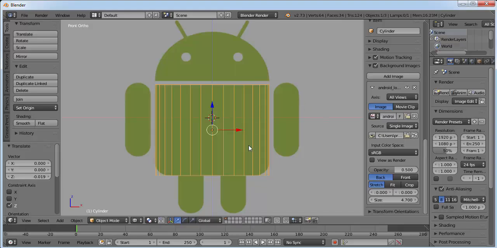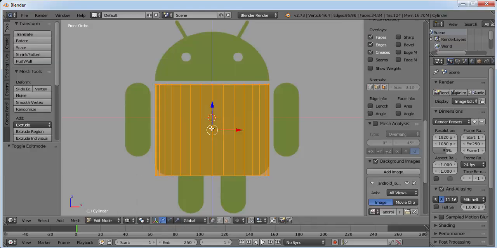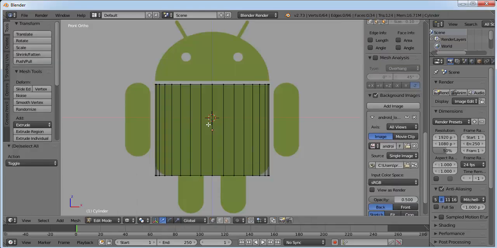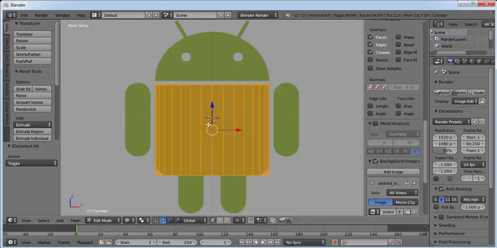Now it matches the shape of our image. Now go to edit mode and click A to deselect everything. A is used to select everything and deselect everything.